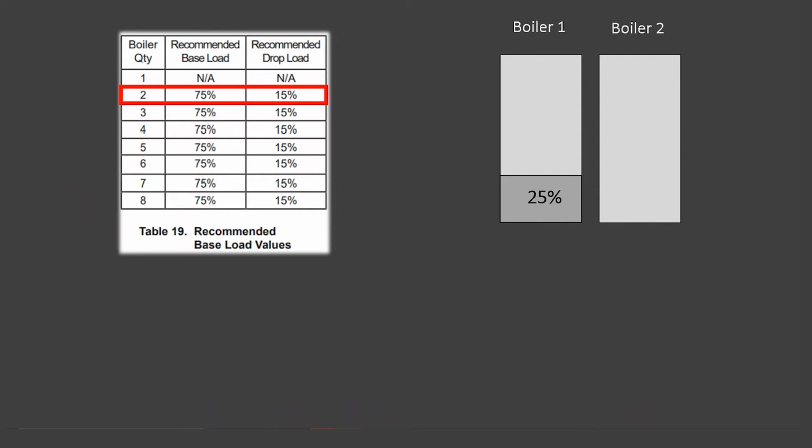It has to modulate up. Let's say we have a set point of 160. So it will start to modulate up. And when it gets to the base load value, which in this example is 75%, we'll now bring on boiler 2. However, we're running at 75%, so boiler 1 is going to drop back to half of that value. In this example, 75% divided by 2 means boiler 1 is going to drop back to 37.5%, waiting for